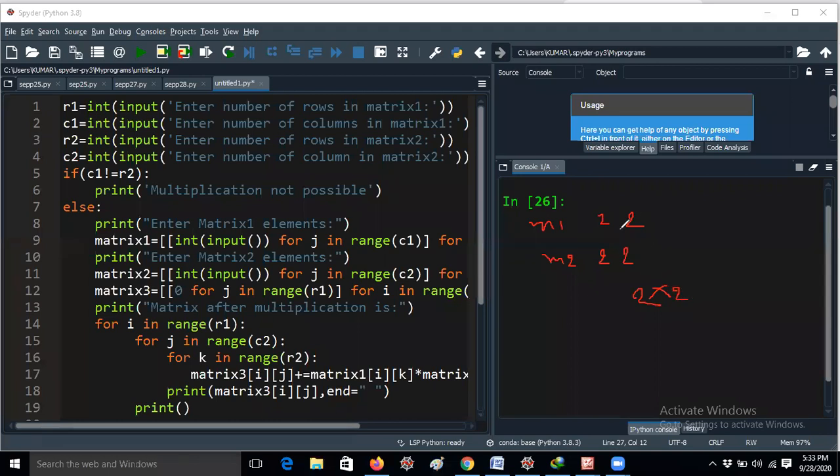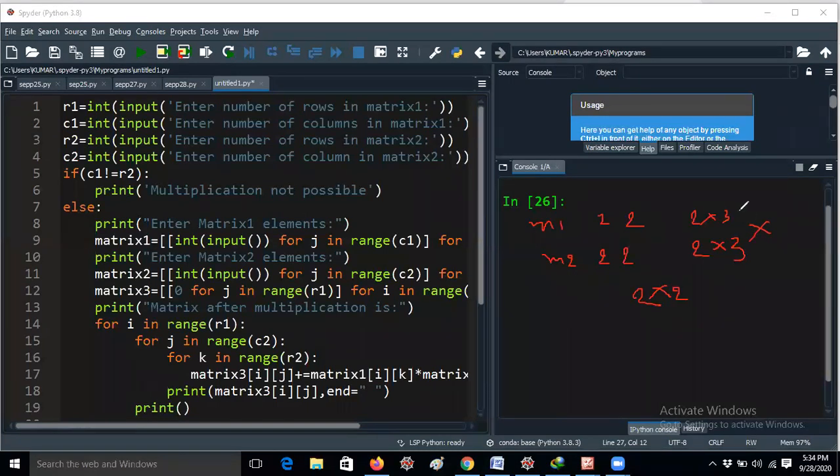In addition and subtraction this works fine. But in multiplication, if you have 2 by 3 in matrix 1 and you take 2 by 3 in matrix 2 also, then it won't work. You know already, right?